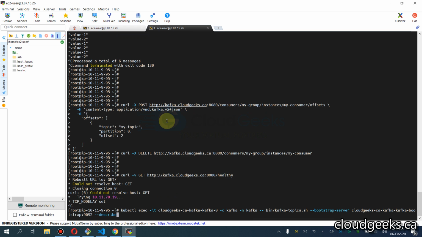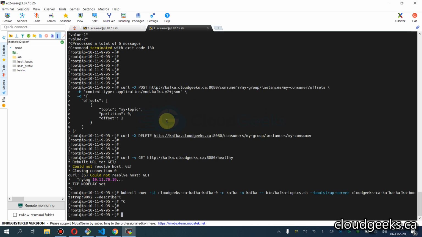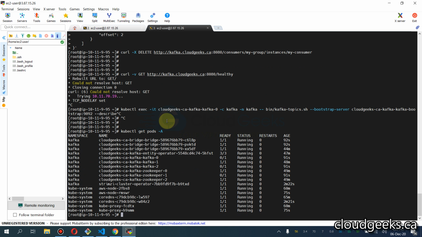First of all, I'm going to run kubectl get pods -A. It is going to show me all the pods. So see, some of the pods are now in an unstable form,